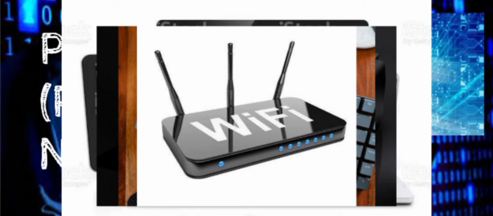A device within a PAN, however, can be connected to a local area network (LAN) that then connects to the internet. For instance, a desktop computer, a wireless mouse, and wireless headphones can all be connected to each other, but only the computer can connect directly to the internet.